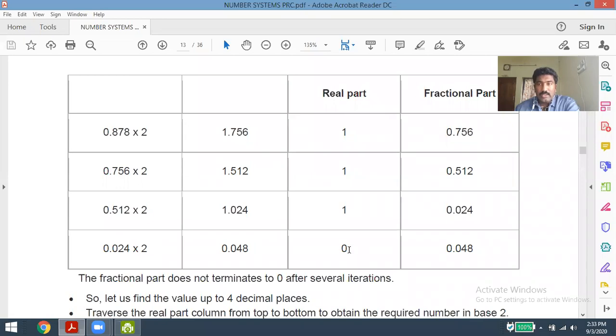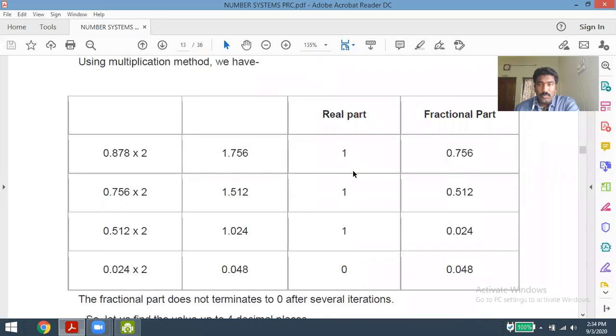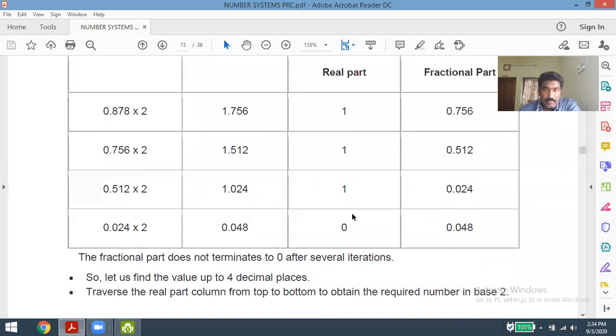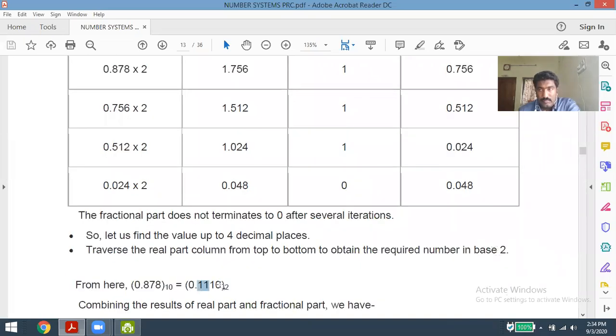So for this real part, write from the top to bottom. In the previous division method, we were writing from bottom to top. Here, write from the top to bottom. That is, in the result, I want to write 1110. Just see here. When you are performing the multiplication process for the fractional values, you will get the results. So these real part values must be written from the top to bottom. It is very confusing, so just try to remember here. 1110. Don't write 0111. It's wrong.